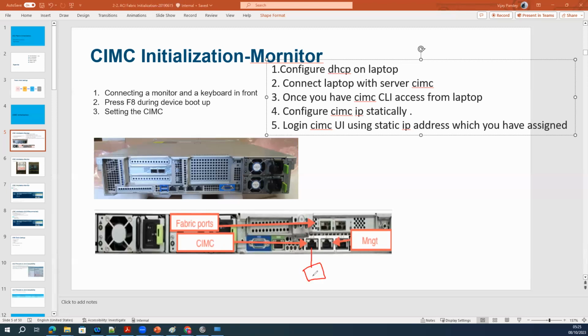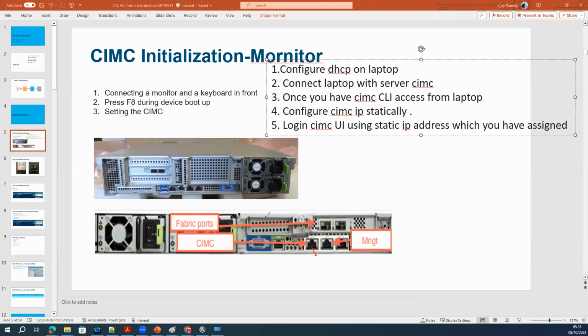Either a laptop, or you can connect to one switch and configure this switch as the DHCP server and try to access through that. In my first option, I have this port connected to one switch, and on the switch I have connected my laptop. Through the laptop I'm trying to access this interface.